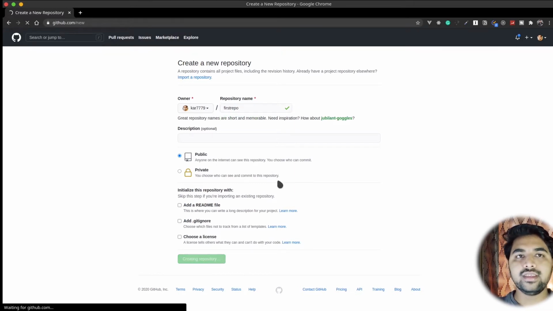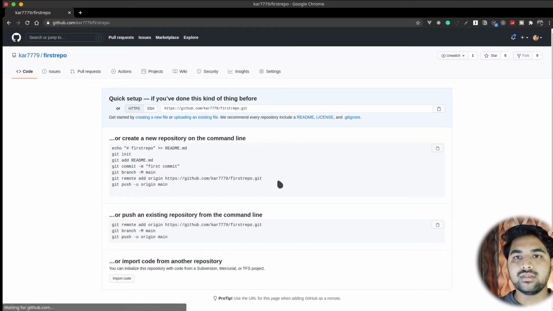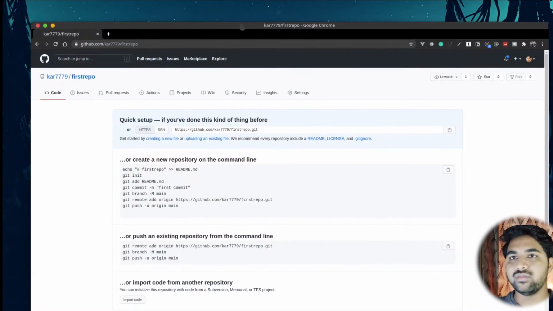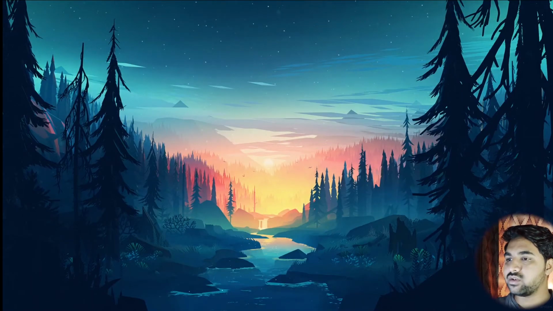After clicking create repository, you'll get this interface. It's a repository but not fully optimized, not fully filled. We have to add content to this repo. We can add the content here only, or otherwise we can add the content by using VS Code or a code editor. In this tutorial I'll tell you how to import a file from VS Code to GitHub.